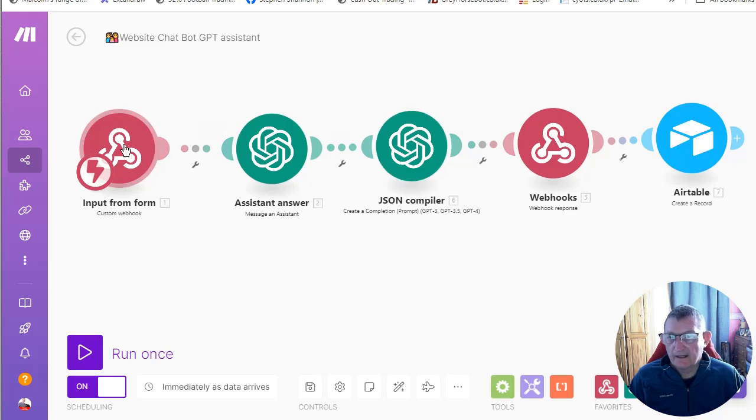Okay, so this is the Make scenario. We've basically got a webhook. I've renamed these. A webhook which looks out for information coming in. We then send it to an assistant that answers the question. Then I use a JSON compiler within the prompt. I've just done that quickly. I think there's probably other ways of doing it, but I just use ChatGPT to do it because it can do most things. And then we respond back to the webhook to tell it the answer to the question in JSON,